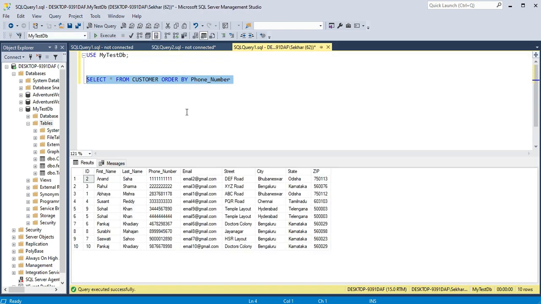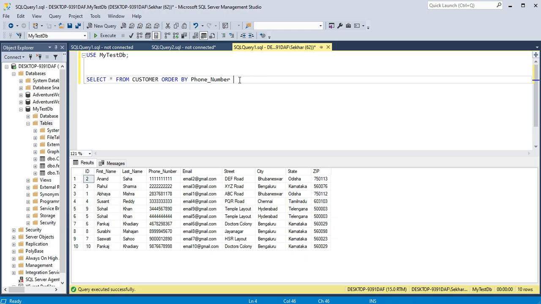So suppose this is our query. Now we can see this is our result and it is ordered by phone number in ascending order. Just because in our table there are 10 records, we can see the data. In your cases, or maybe in your project, there will be tables having a huge amount of data and it will return maybe millions of rows. In that case, if you want to see not all the data at a time but some specific data, OFFSET and FETCH can be helpful.